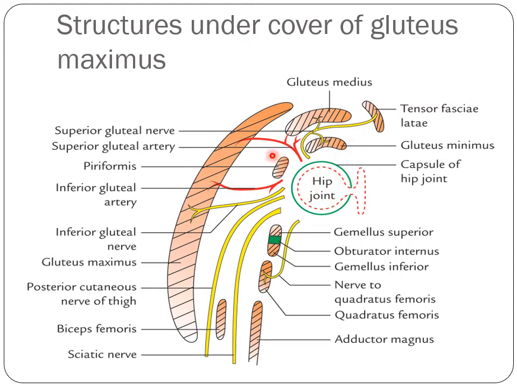Here there are the superior gluteal nerve and superior gluteal artery. These are the inferior gluteal nerve and inferior gluteal artery. Deep to the gluteus maximus comes the posterior cutaneous nerve of the thigh. Then deep to the muscle, the biceps femoris, is the sciatic nerve. Then here comes the tendon of the obturator internus with the two gemelli, superior and inferior gemelli.